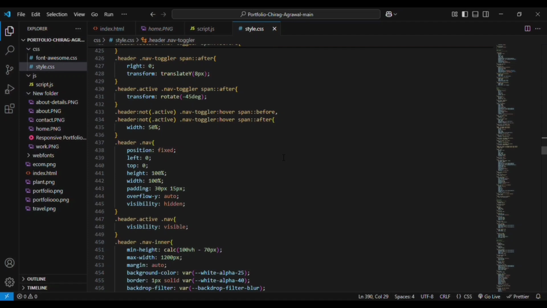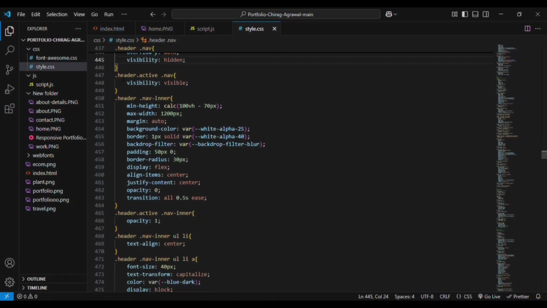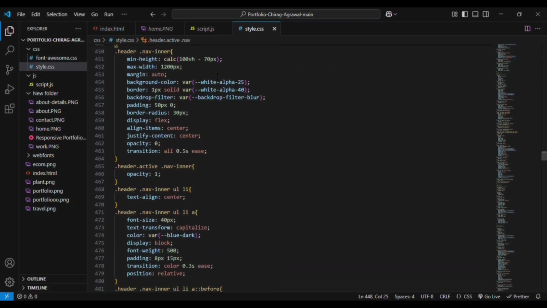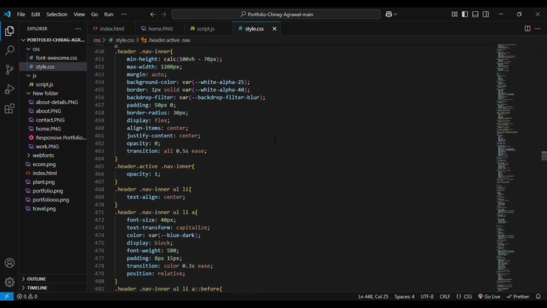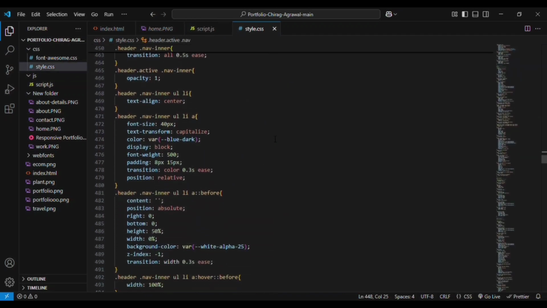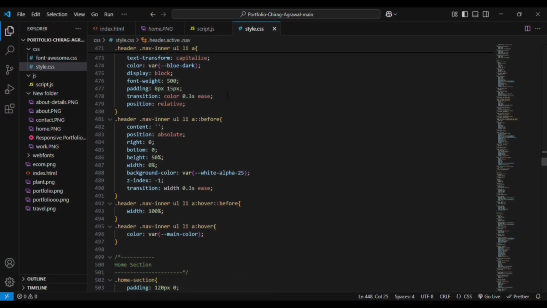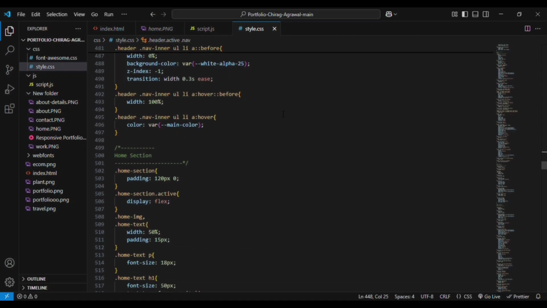Then we can go to the header nav. Position is fixed, left is 0, right is 0. It will align exactly in the center. And overflow-y equal to hidden, visibility is hidden. So whenever we get the nav header active, then only the nav bar will be visible to us, as I told you before in the JavaScript. The nav inner values are given. Then another list item anchor element is getting the values, that is display, font size, font family that are added. And then you can go to the next section,